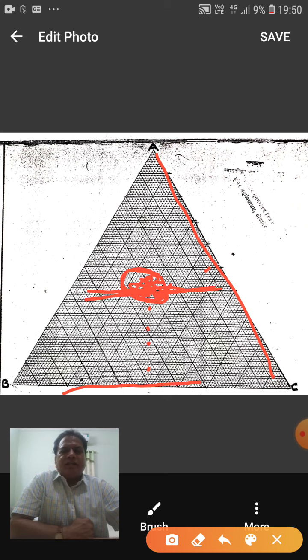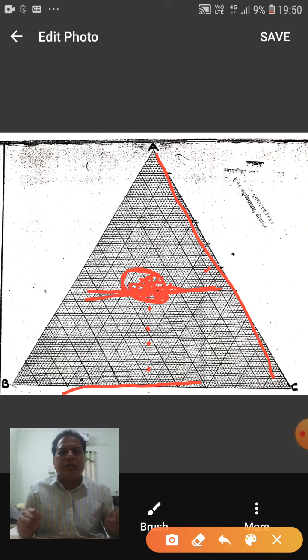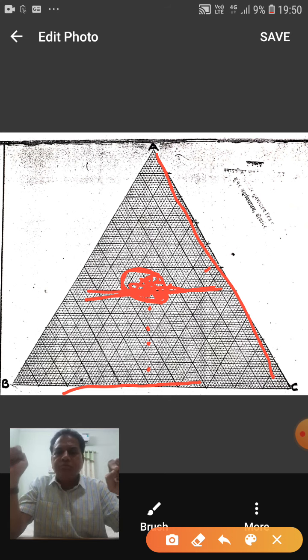If there are three variables, three components, and their proportions are given, then you have to mark that point, because the composition of three variables will be marked by a single point. We take that point by recalculating to 100 and marking the lines on which that point will lie; the intersection of two lines is the point, and the third line will automatically coincide with it. The beauty of this is that if you take only two values, A and B, then C will automatically coincide on that point.